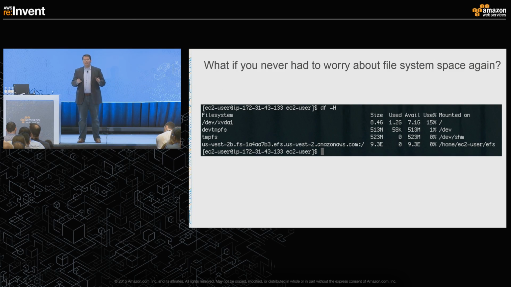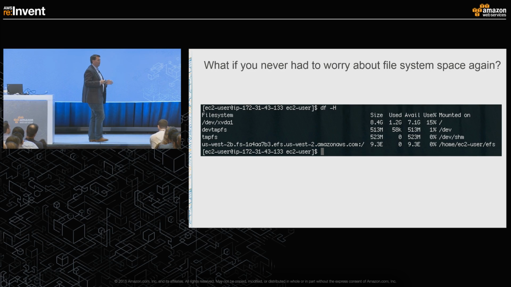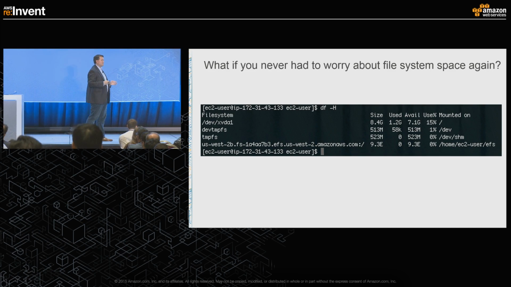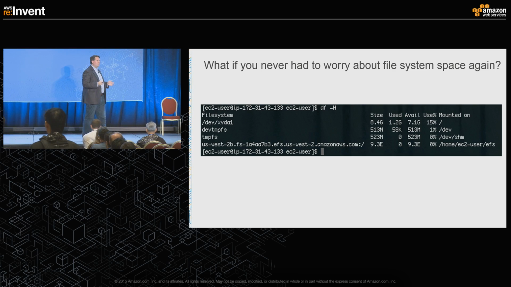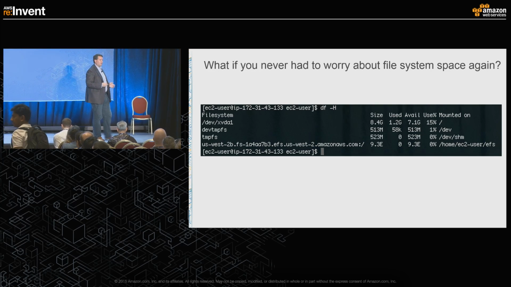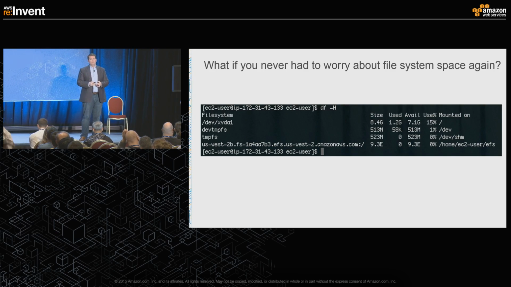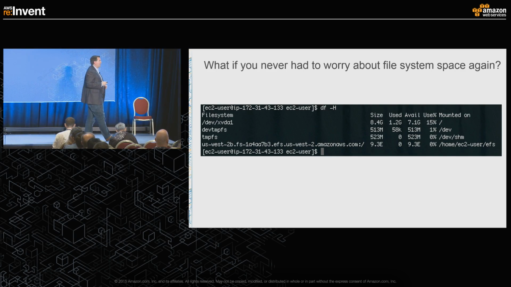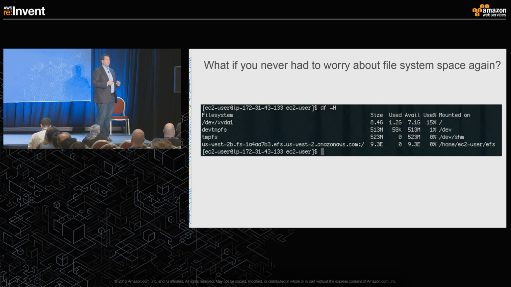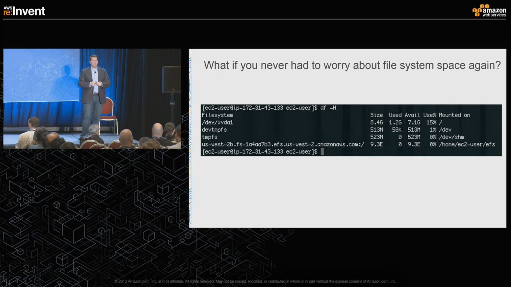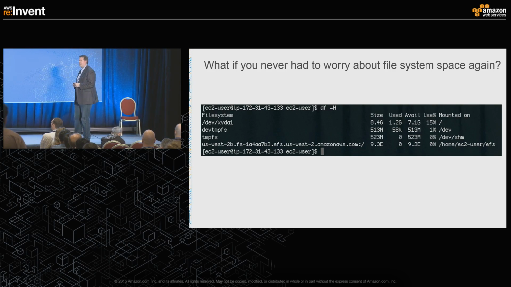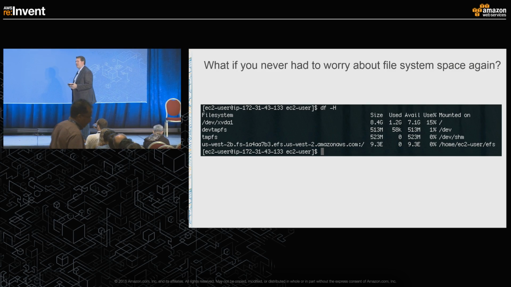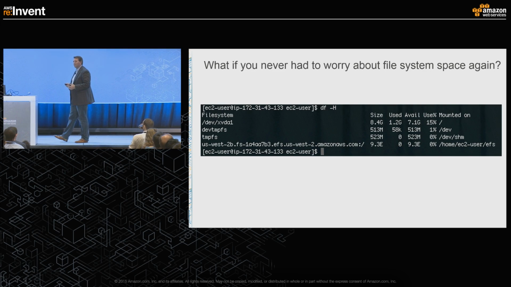Before we get started, what I'd like you to think about for just a minute: imagine if you never had to worry about space in your file systems ever again. Would it be easier for managing your day-to-day application stack? Would it be easier for managing your infrastructure stack if you never had to worry about provisioning, managing, or maintaining your file system? And I'd like to draw your attention to the bottom right-hand corner of the screen in terms of the available size. The first time that you do a DF in a brand new created Amazon Elastic File System, you're going to have, for the very first time at your fingertips, a multi-exabyte file system available for use and consumption.